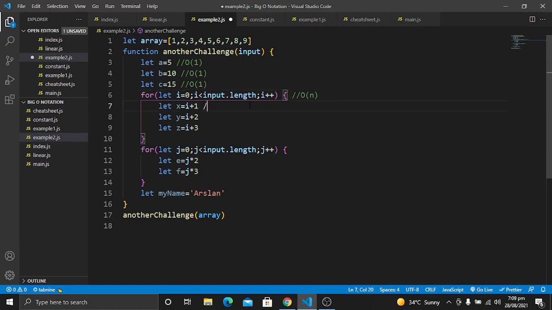Similarly here we have O of n, O of n, and here it will also be O of n, because these all depend on this input. For example, if we have 9 inputs, these operations will run 9 times.